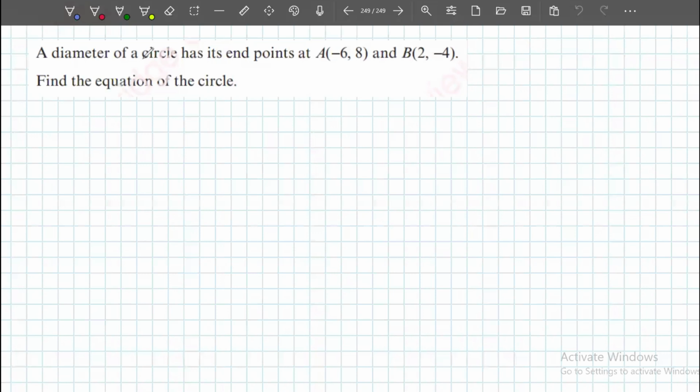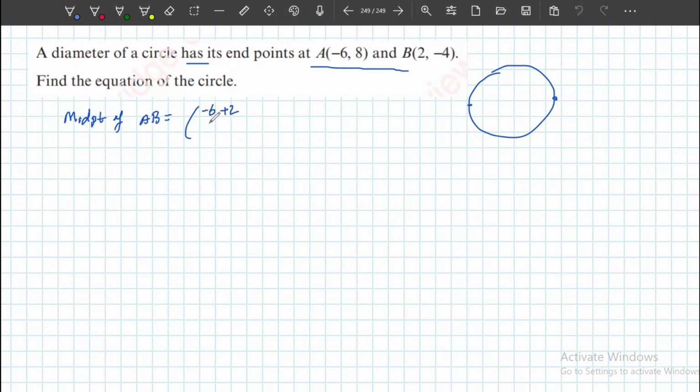25. A diameter of a circle has its endpoints. These are the endpoints of a circle, okay? So that means it shows the diameter, so we must know the midpoint. That midpoint will represent the center of the circle. So the midpoint of AB is equal to minus 6 plus 2 over 2 and 8 minus 4 over 2. That gives me minus 4 over 2, and here 8 minus 4 is 4 over 2. So minus 2 and plus 2. This is the center, our midpoint